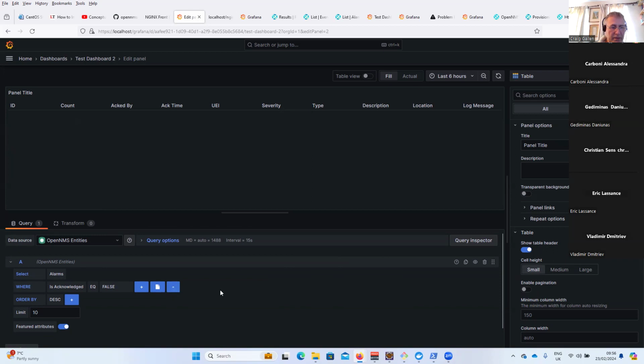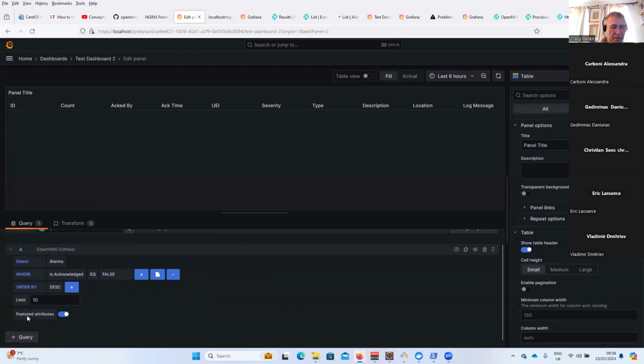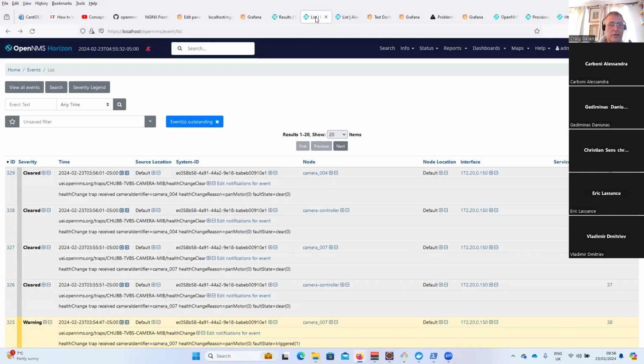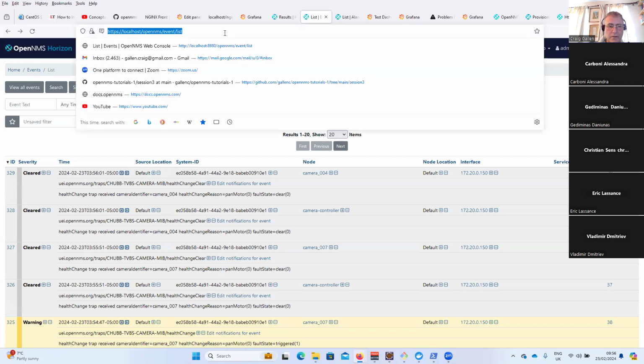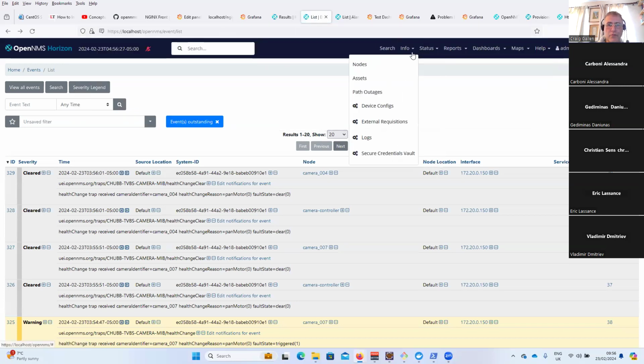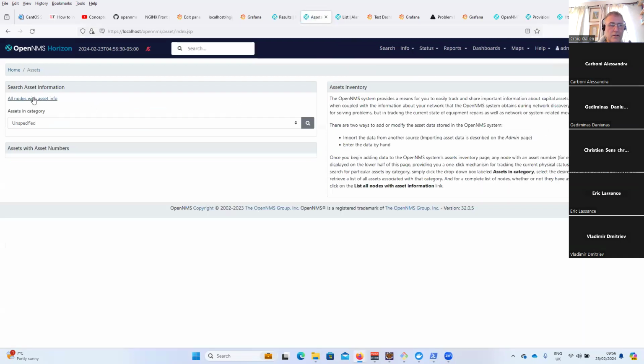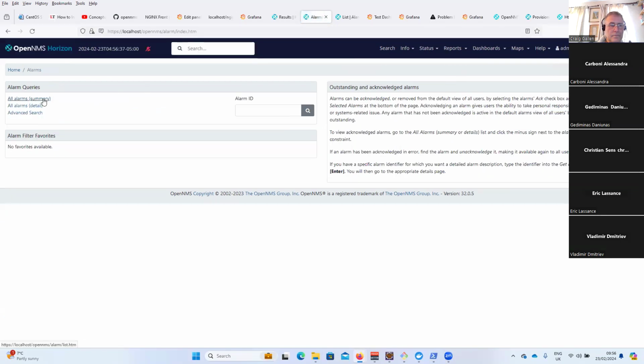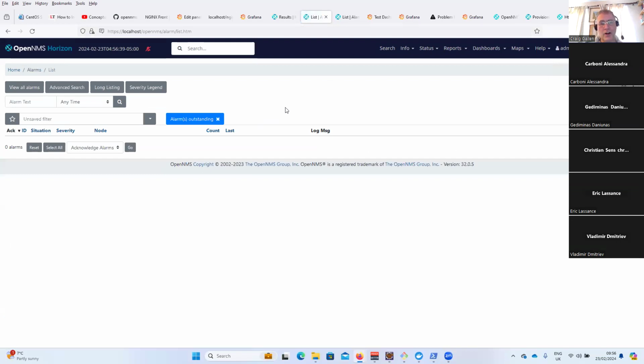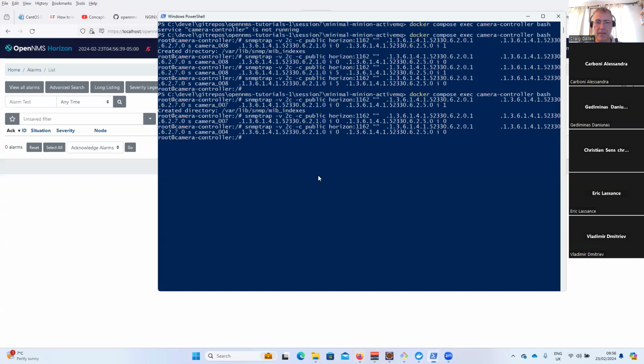I'm hoping this will work, but it may not. Okay. Should actually be getting a list, but in fact, let me have a look and see. It's possible that I've actually got no alarms here. Yeah, so I've got no alarms, so that would be why. All right, so let me create an alarm, and I'm going to send a trap in,